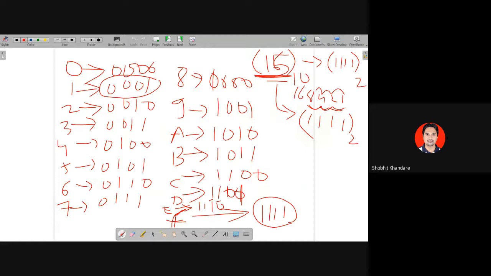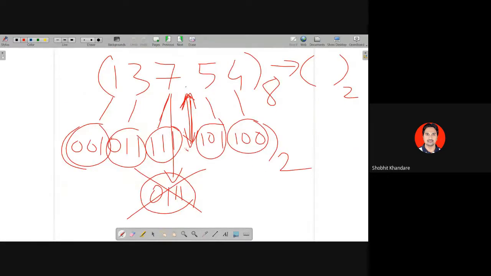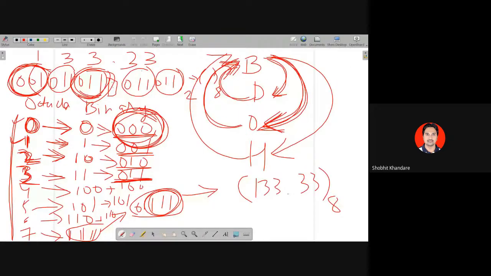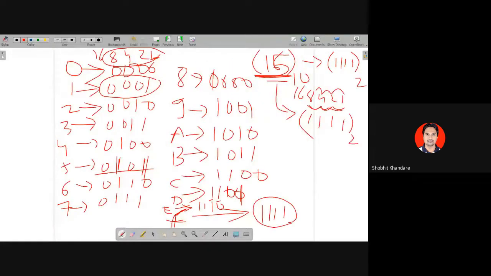ये हमने टेबल से लिया, ओके ना। सिर्फ आपको याद रखना है 1 2 4 8 16 32 एंड सो फोर्थ। लेकिन हेक्सा में मुझे 4 ही बिट चाहिए, तो 1 2 4 8, 1 2 4 8, और उस हिसाब से ये मैंने लिया। फॉर एग्जाम्पल, अगर 1010 है और मुझे चाहिए कि इसका इक्विवेलेंट क्या है हेक्साडेसिमल में, तो यहाँ पे 1 है, यहाँ पे 1 है, ये 1 कौन सी पोजीशन पे है, एक के पोजीशन पे और एक 4 की पोजीशन पे, सो 4 + 1 = 5, यू गेट हियर 5।